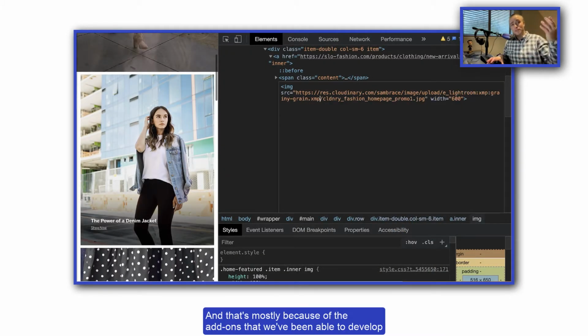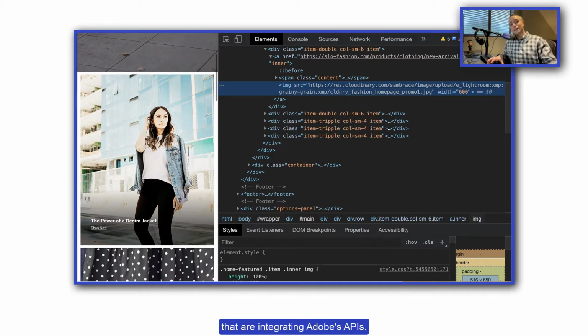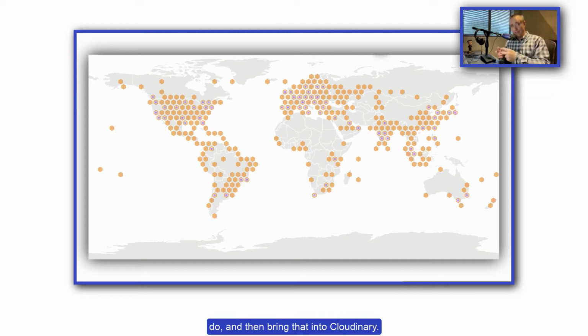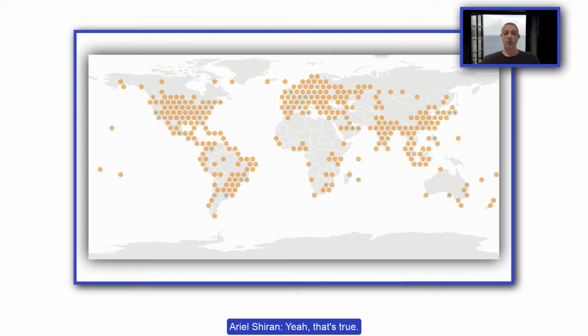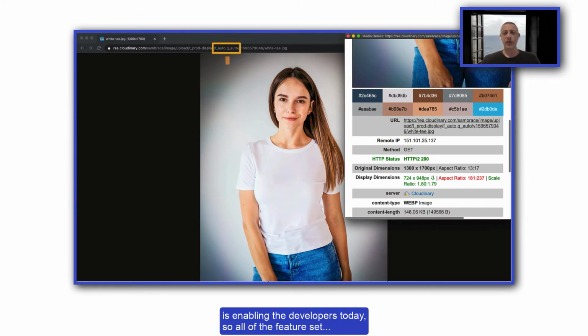And that's mostly because of the add-ons that we've been able to develop that are integrating Adobe's APIs. That way it's going to be identical between what Adobe was able to have you do and then bring that into Cloudinary. Yeah, that's true. What you described is exactly what the Lightroom add-on is enabling developers to do today.